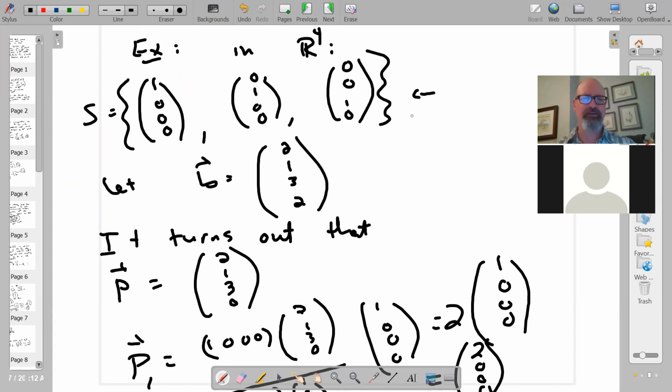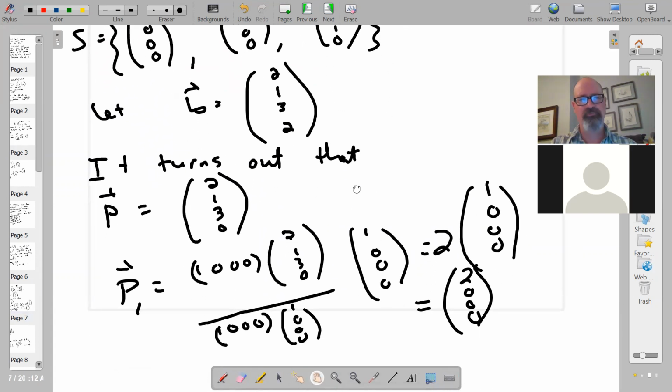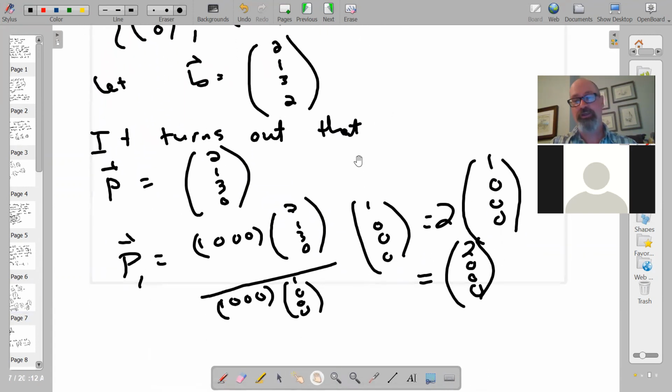And if you have a vector like the one that you see here, like a B, it's easy enough to write down what the projection is. It is what you think it is. So the projection down onto the subspace spanned by those three vectors, it's natural to think that you would just get rid of the last coordinate. If you have 2, 1, 3, 2 in R4, you just drop it down to the subspace by eliminating the last coordinate. That's what most people would think the projection is. And in fact, in this case, it is that.